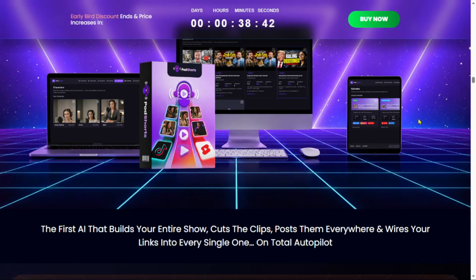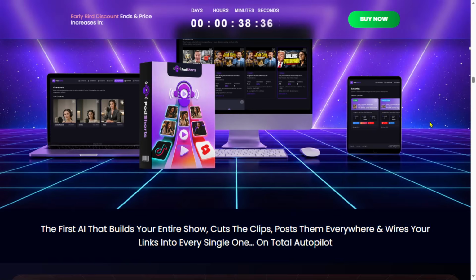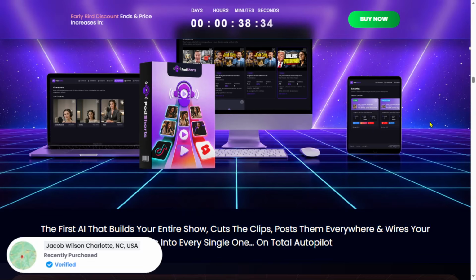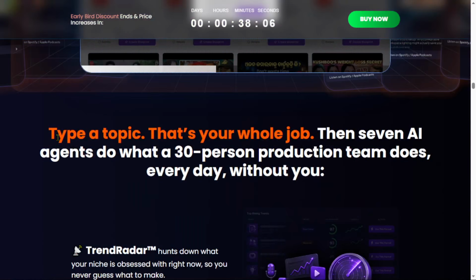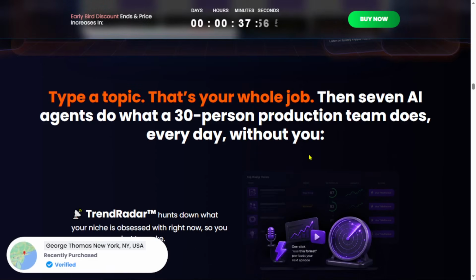So what exactly is PodShorts? In simple language, it is an AI system designed to build and operate a podcast style shorts content show. You can use an AI host or you can clone your own face and voice. Then you give the system a topic and it creates AI hosted episodes. Those episodes can be turned into vertical clips.